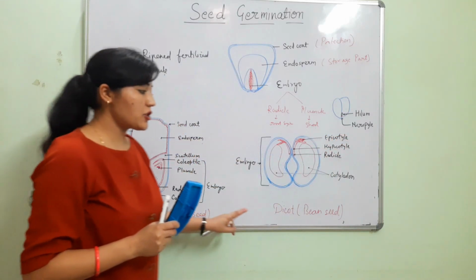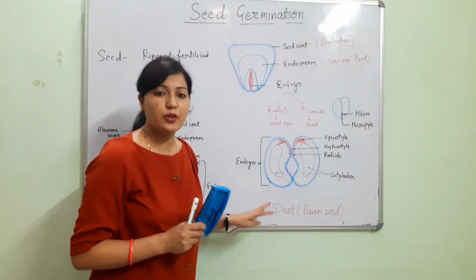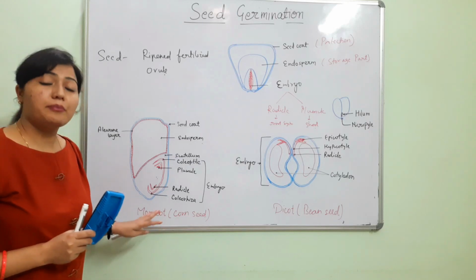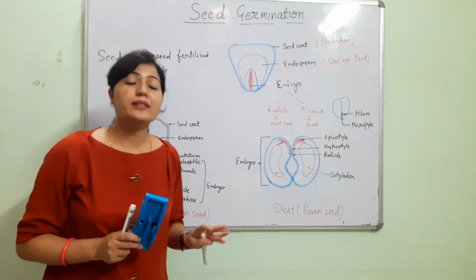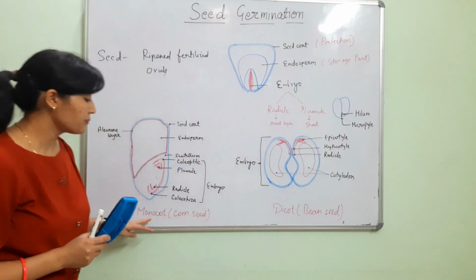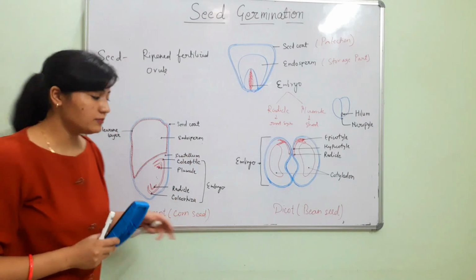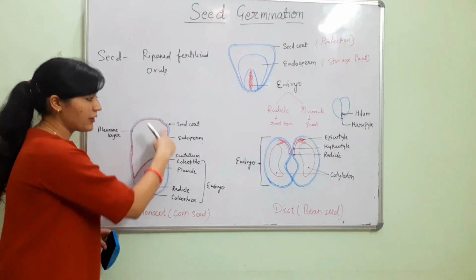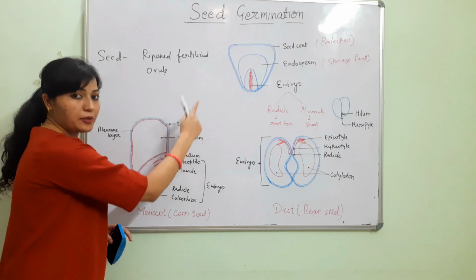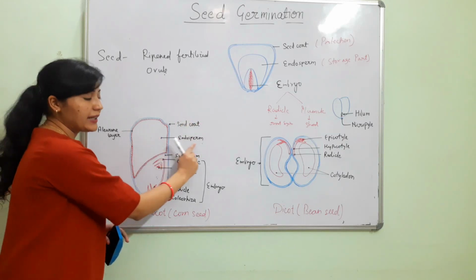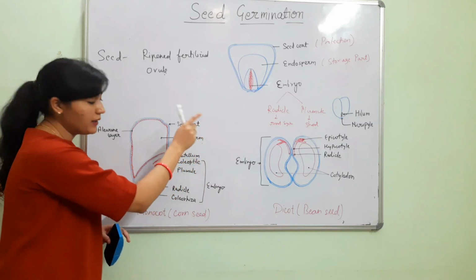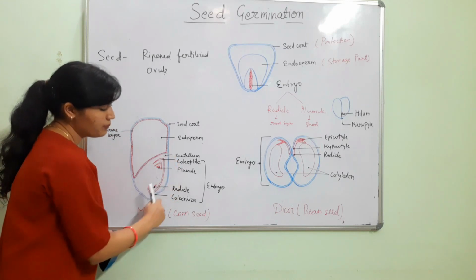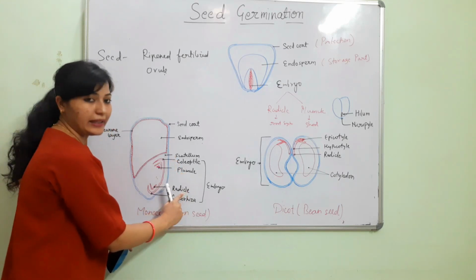After this, the classification of seeds based on their structure is of two types: monocot and dicot. Monocots are mainly found in cereal crops like rice, wheat, barley, maize, etc. Here I took an example of a corn seed. So this is the structure of the monocot seed. Here the outer surface is the seed coat, which provides protection. Second is the endosperm, which is a storage part. Then this is the embryo, which contains the plumule and radicle.